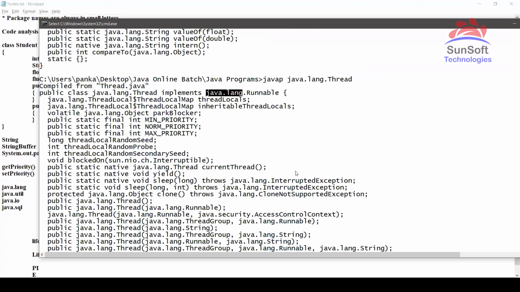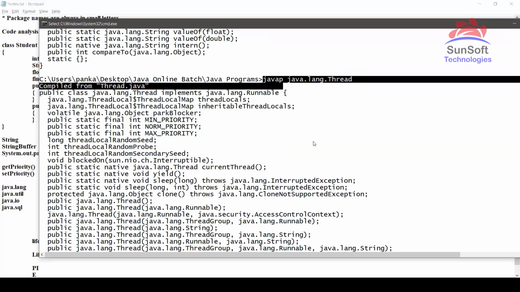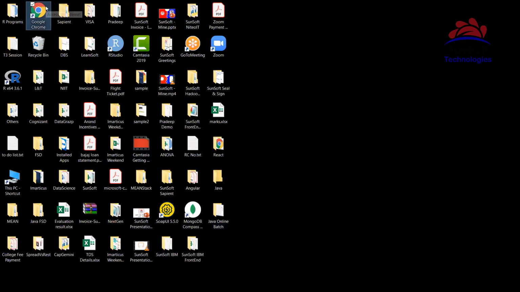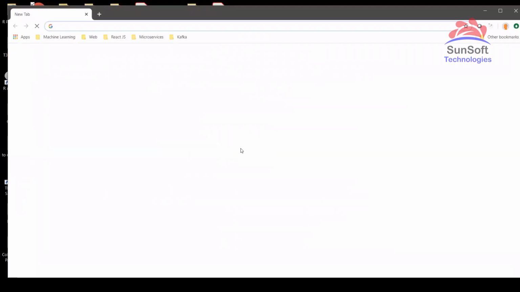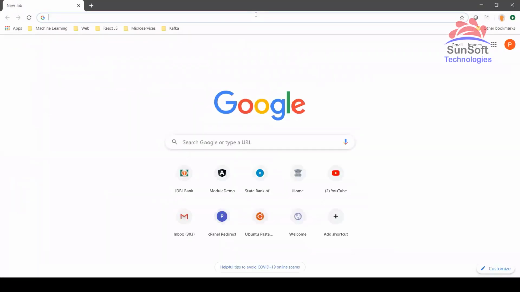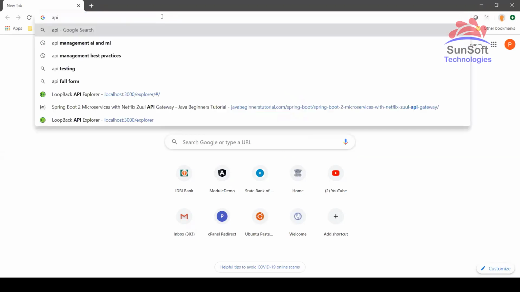In the same way, can we know all the class names in a package? Yeah, but not through this command actually. For that, if I want to see what all the classes are in which package, there is a better way. Because if you type the command for a single package, there will be hundreds or sometimes thousands of classes. The whole DOS prompt will scroll up and down, and it will be difficult to search also. So better than that, we can go to Google and type